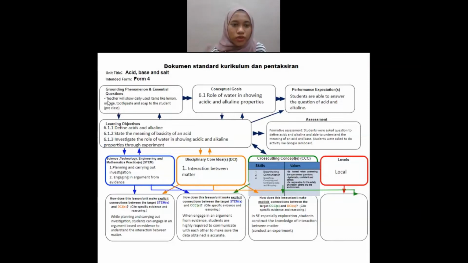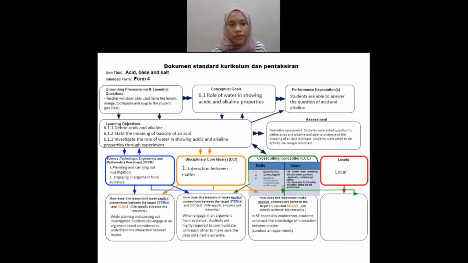The teacher will show daily use items like lemon, orange, toothpaste, and soap to the students, which we discuss as a pre-class. Then the conceptual goal is topic 6.1, the role of water in showing acidic and alkaline properties. And the performance expectation: students are able to answer the questions on acid and alkaline that will be asked